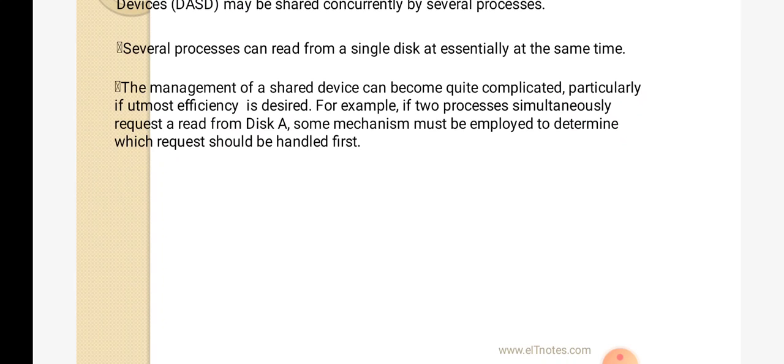The management of a shared device can become quite complicated, which will be discussed in later topics. Because the device itself has some limitation, such as the number of users, based on this limitation its service is shared.